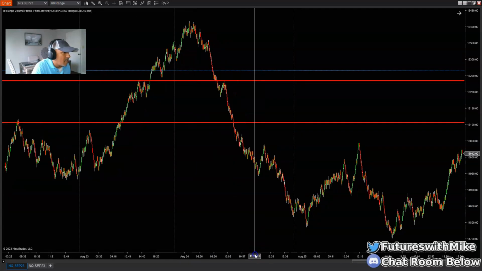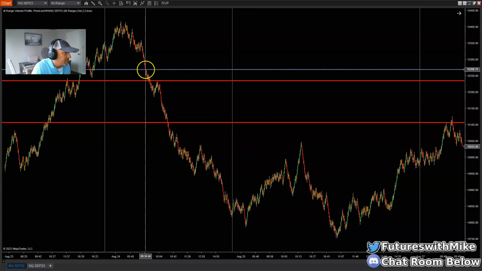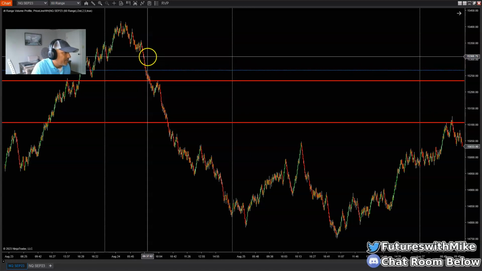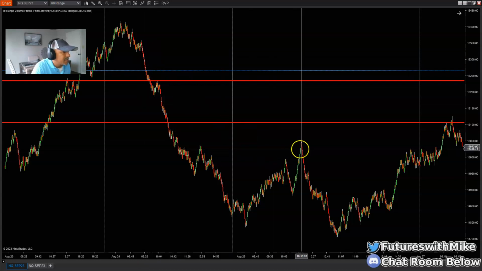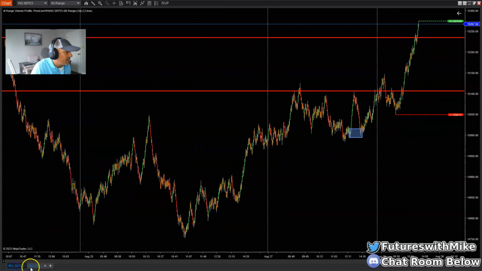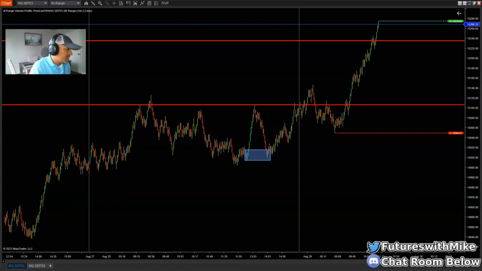Okay, some activity in the market. So price is breaking higher here. See this aggressive push to the downside right here? These gaps, imbalances and fair value gaps go all the way back up to this area here, okay? So price could run up there today and push higher. If we look at the higher time frame, which I'm using my 60 range chart, we're bullish. We're bullish on the NASDAQ.